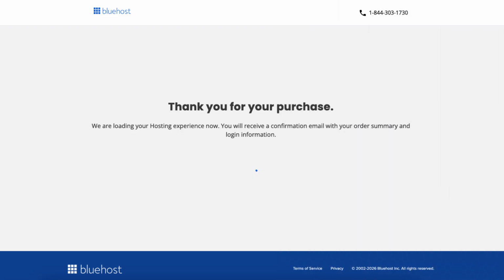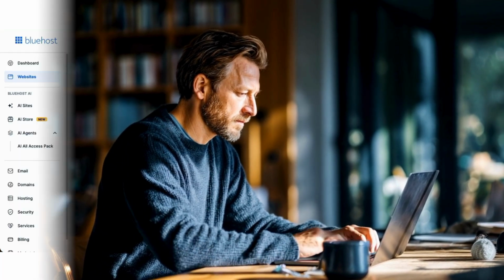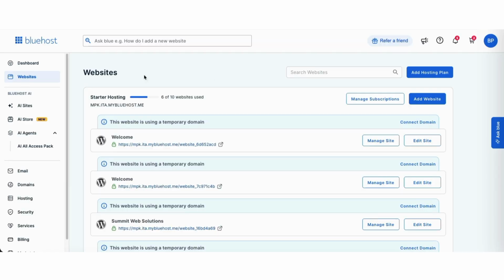You'll then be taken to a confirmation page while Bluehost finishes preparing your hosting account. This usually only takes a minute or two. Once everything is ready, Bluehost automatically installs WordPress for you, so there's no manual installation required. You'll then be taken to your Bluehost dashboard under the Websites tab, where we'll begin building and customizing your WordPress